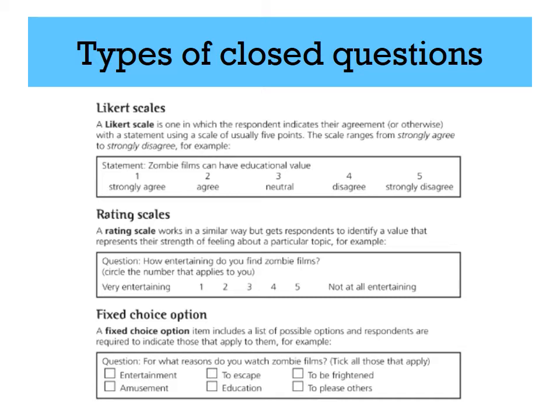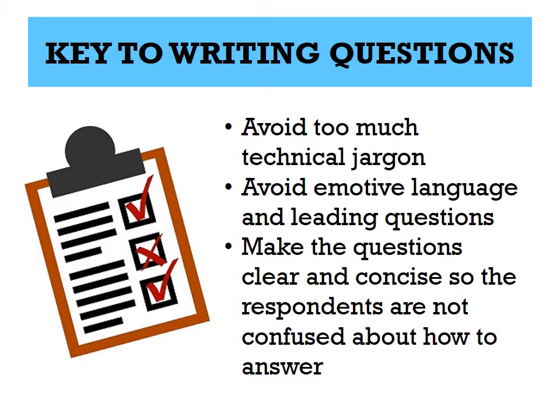So it may be good to offer open and closed questions together in a good questionnaire. Now, there are some important things to consider when you are writing questions in a questionnaire. Firstly, you need to avoid too much technical jargon. You need to keep the language quite simple so people know the answers or what is expected of them in their answer. You also need to avoid emotive language and leading questions. And you need to make the questions clear and concise so that the respondents are not confused about how to